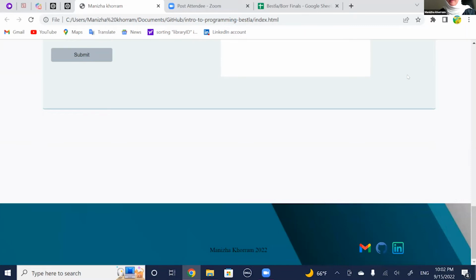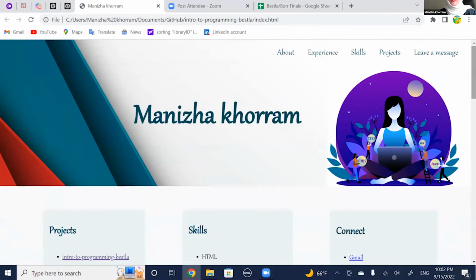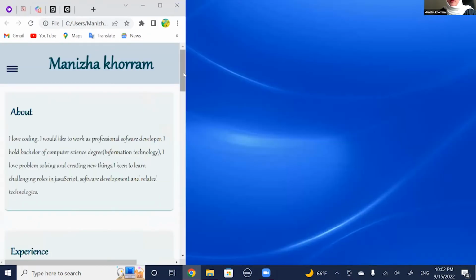Okay, this part is the footer. I have my links, my email address, my GitHub and LinkedIn accounts, and my name and the current year. And for making my website more responsive,